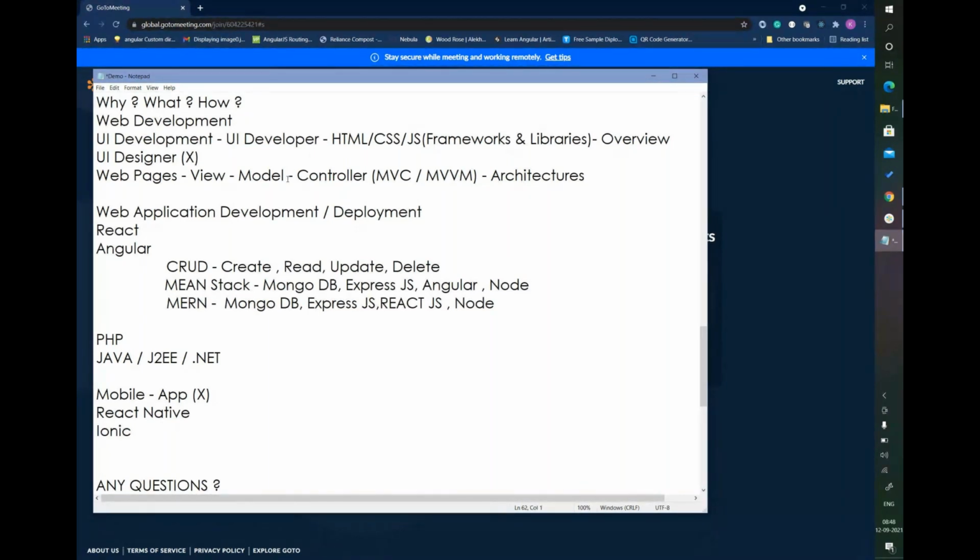So finally, the browser has to understand what you are developing. So the understandable languages are nothing but HTML, CSS, and JavaScript, and PHP. We'll keep PHP aside, and a few more technologies are there, but we are not considering those things. We are mainly focusing on HTML, CSS, and JavaScript frameworks and libraries. So coming to the development, we can develop either in a JavaScript framework or a library, so that it will convert into a JavaScript minimized file, so that we can attach it to an HTML, so that that HTML will load into a browser. So that is what the scenario will be.